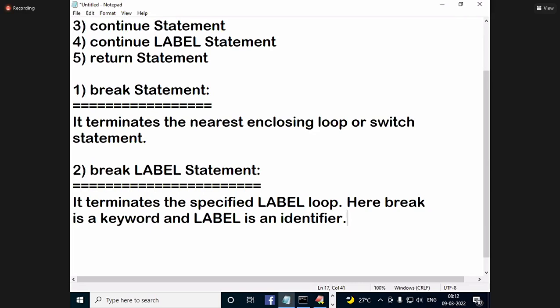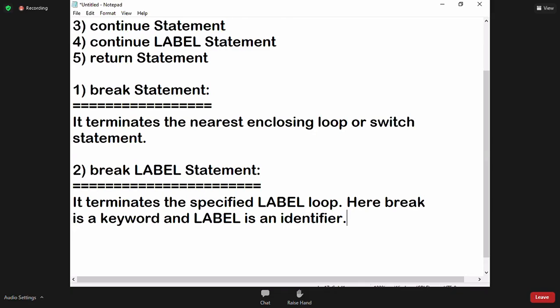Can we write a keyword in capital letters? No. Can I write an identifier in capital letters? Yes. Small letters? Yes. Mixed letters? You can write any style, but you have to follow identifier rules.